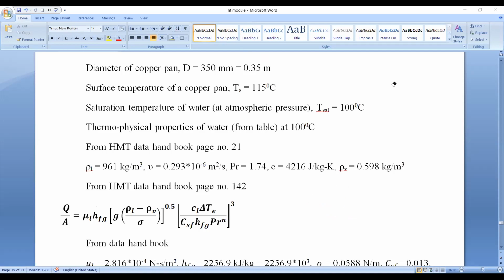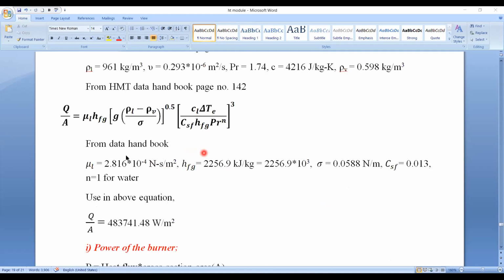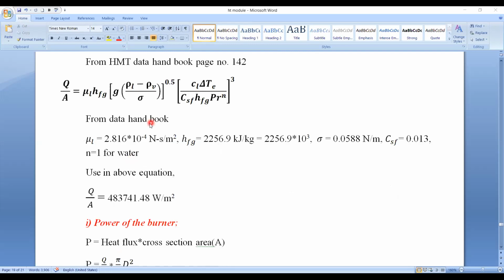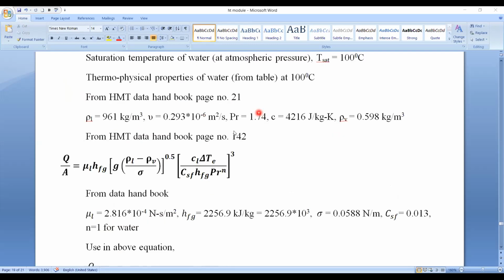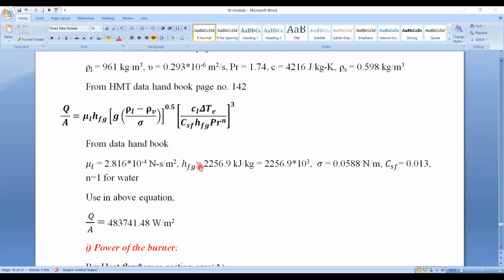Now substitute all the values in this equation. I have written all the values here from the data handbook. We just have to refer to the corresponding page numbers, which are already given in the notation. Substitute all the values in this equation and do the calculation carefully. You should have a lot of patience and do the calculation carefully and obtain the answer for Q by A,